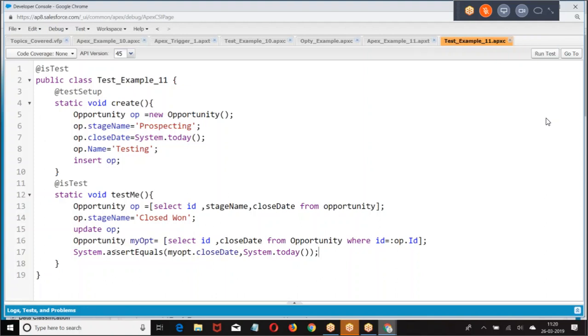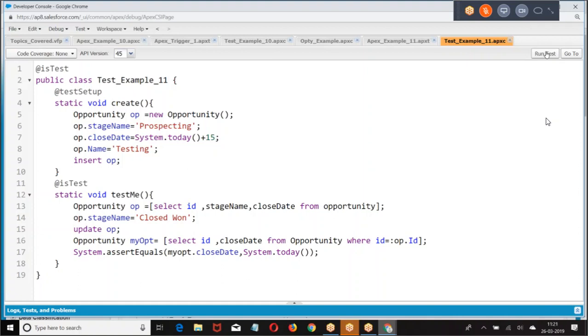This is what we are taking. I hope you are good with this. Here I am testing it. I have taken an opportunity and modified it. Then if you modify the stage name, the trigger will fire. The trigger will modify the close date. If the close date is set as today, yes, my trigger is running properly. Because the logic I wrote in the trigger is to verify whether the stage name is modified or not. If it is modified, I ask it to set close date equal to today. Because the close date I gave was System.today plus 15 days. That is modified as today.